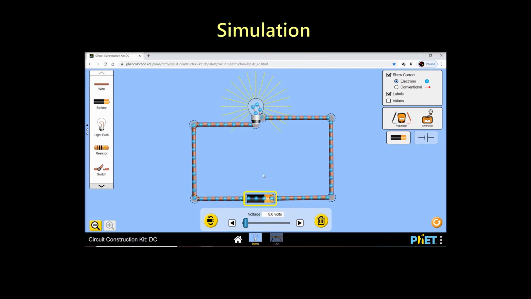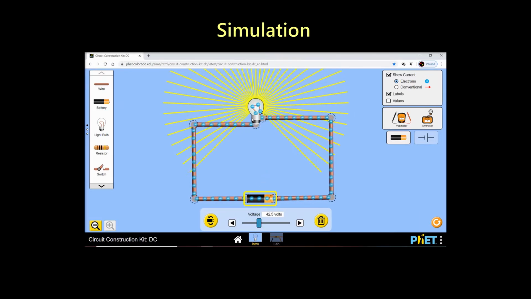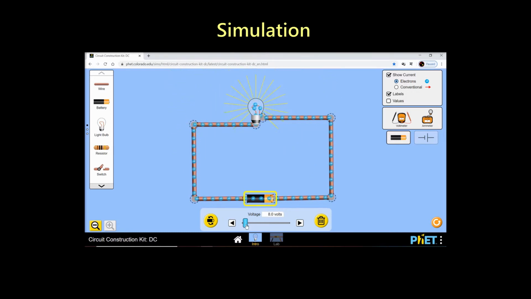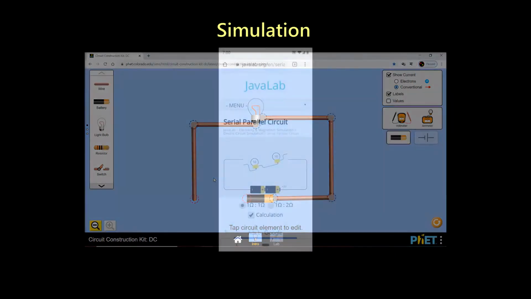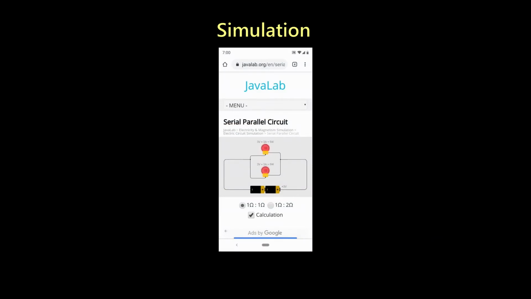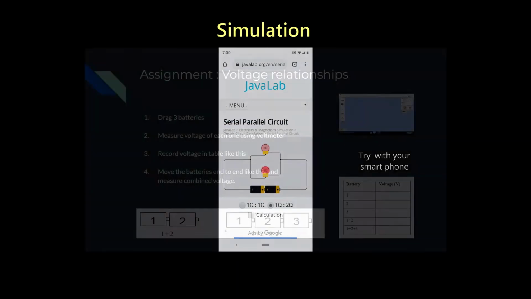In this PhET simulation, an electrical circuit can be built using components provided. Student can change values of the components as well as try different types of connections, series and parallel. You can create a complete video on how to use simulation or explain key concepts with the help of simulation along with the activity. These simulations can be tried on mobile as well.